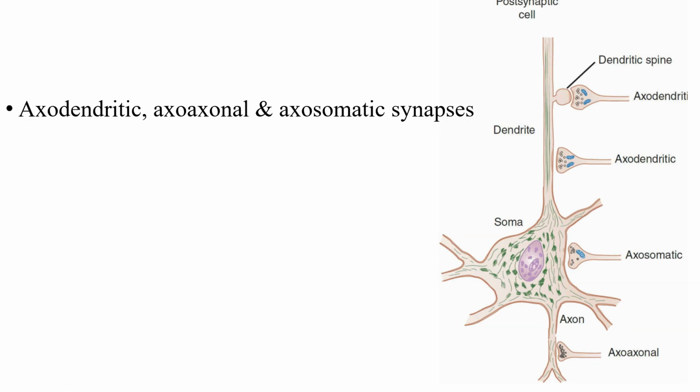This is showing types of synapses. Synapses are possible, like this is the cell. Axodendritic means this is the axon, and